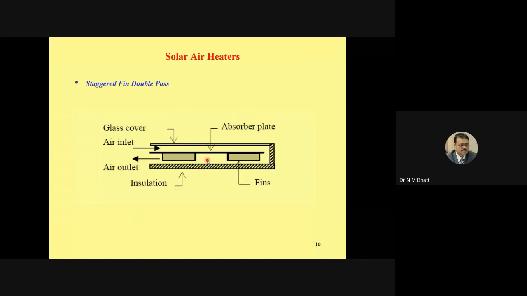So this is all a tricky situation. It is not very simple. The device looks very simple. It has got one box, one flat surface or a cylindrical surface, and one glass cover. You use the blower or the pump, you circulate the fluid and you get the hot air or hot water. The system looks very simple, but the performance improvement is not so simple. You have to use your heat transfer fundamentals.